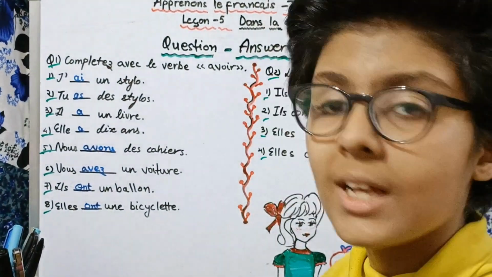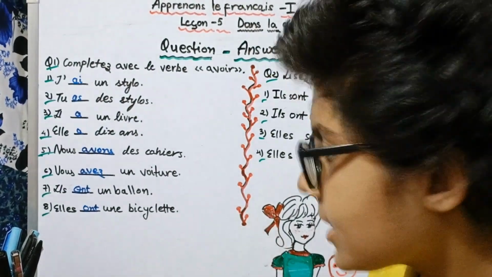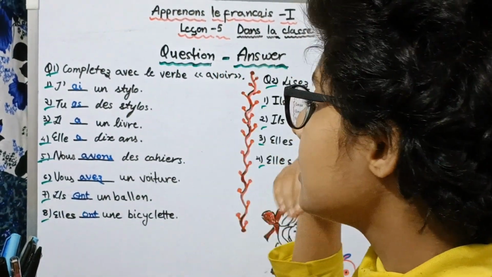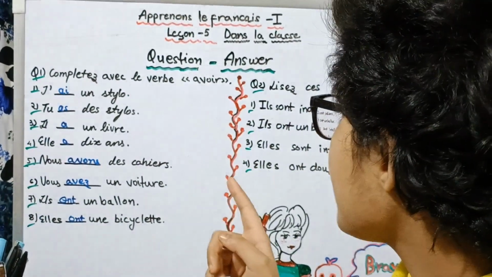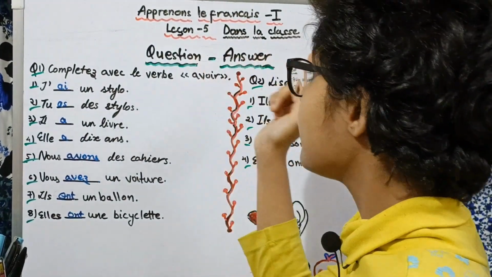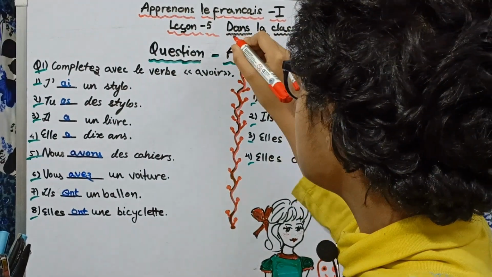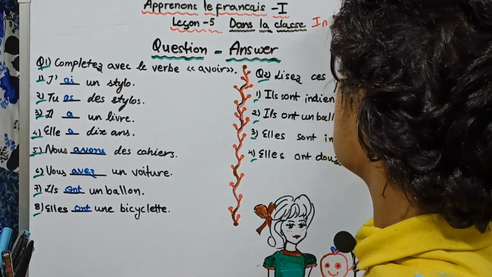Question and answers. As you all know, we have completed the reading part and the master key, so today what is left are the question answers. So let us start with them. But before doing so, let me remind you the name of the chapter is Dans la classe and it is the 5th lesson. Now, as you all know, the meaning of dans la classe is